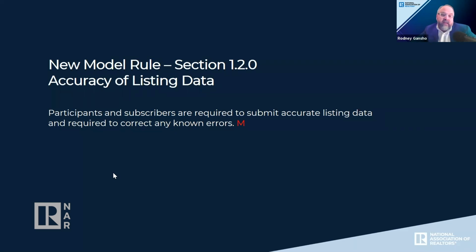Some entities like the California Association have their own model MLS governing documents that they provide for their MLSs in their state. That model is substantially consistent with the provisions in the NAR model rules and regulations. But these documents are there to assist MLSs, to assist leadership and staff in ensuring that they understand and incorporate the mandatory policies and rules in local governing documents.